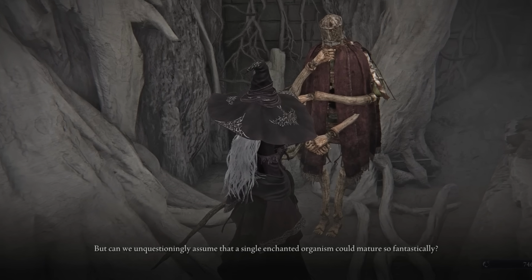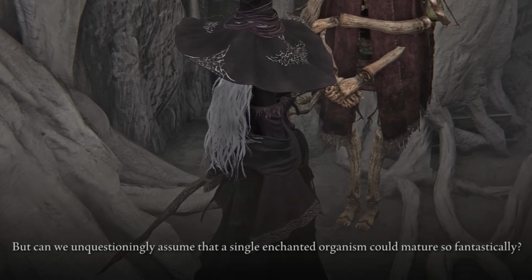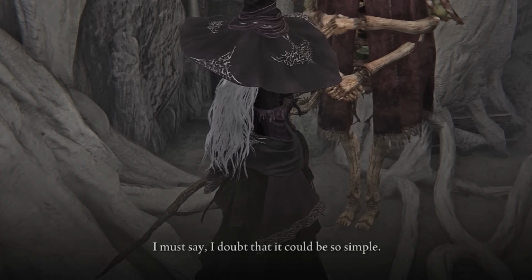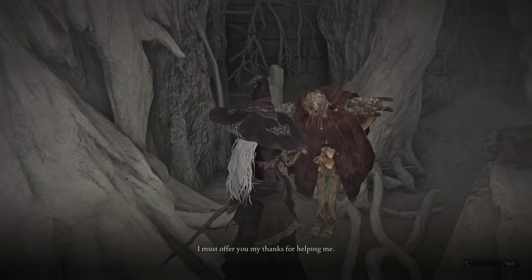Even the menial himself questions it. Can we really conclude that an infant was able to grow so quickly? Which is a fair point, implying that even he doubts the possibility that Recluse's child could have become the Night Lord in such a short space of time. And with this almost comedic timing, he changes the topic and starts talking about a stone that he found on the floor of the